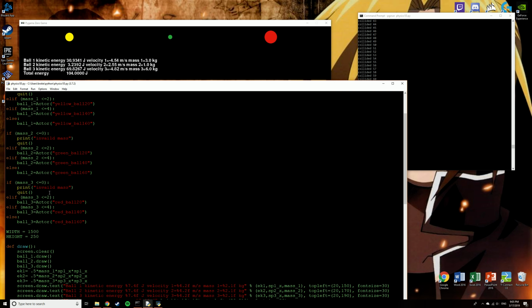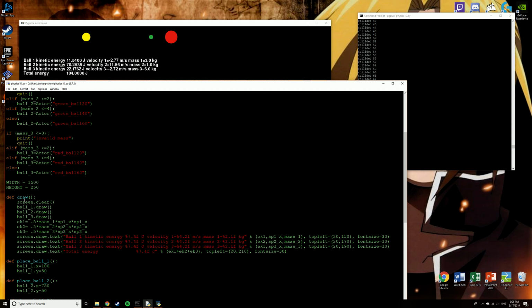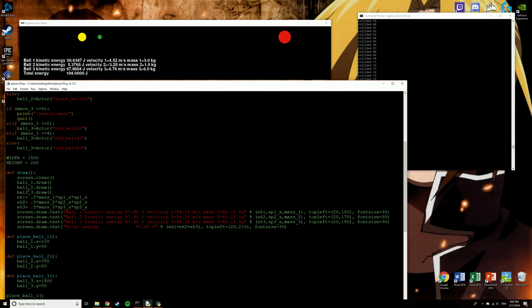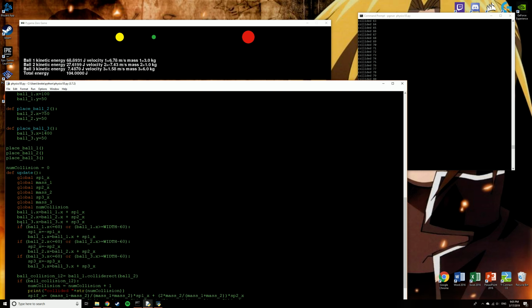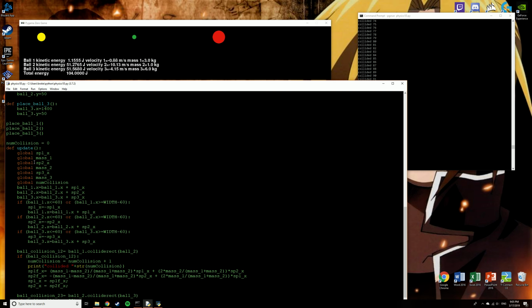Then you see the draw function here, where it shows all of the kinetic energies and the calculations of that. This is where it actually puts them down and places the balls. And then the update, the bread and butter of it, runs 60 times every second. This is where you set up all of the stuff, where it would move